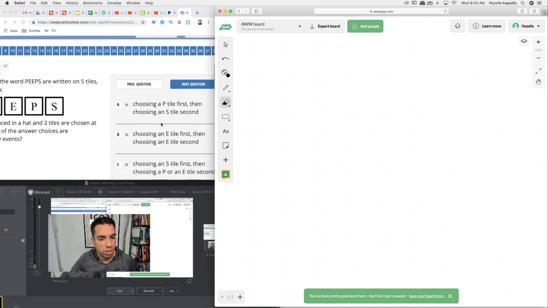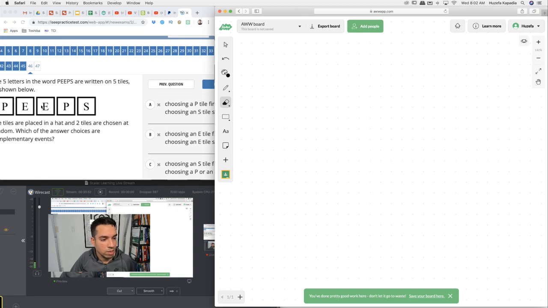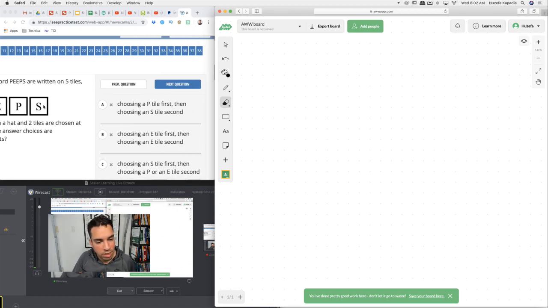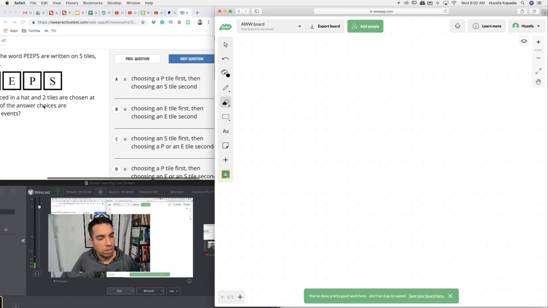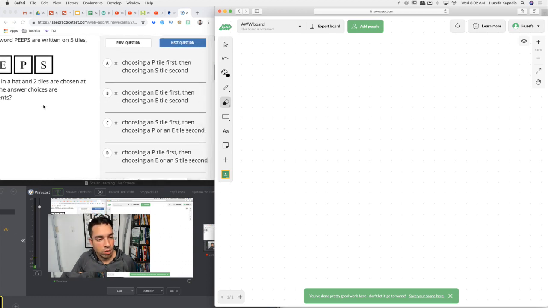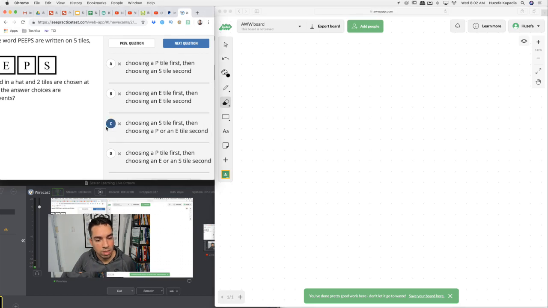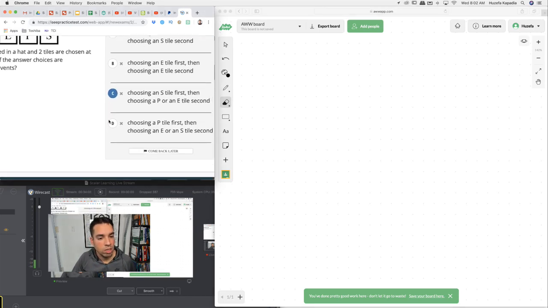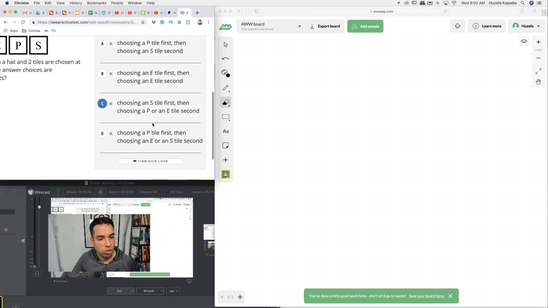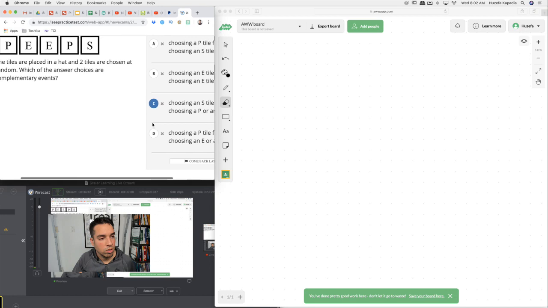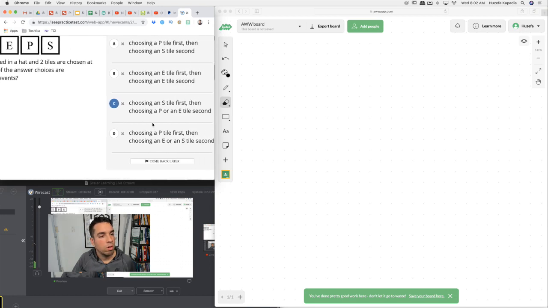Choosing P on the first, S on the second. That's not complementary because we don't cover E. Choosing an E first, E second, no. Choosing an S first, then choosing a P or an E second. That seems to cover everything because now we're covering S, E, or P. Choosing P first, then choosing an E. Oh, hold on one second. Oh, it's